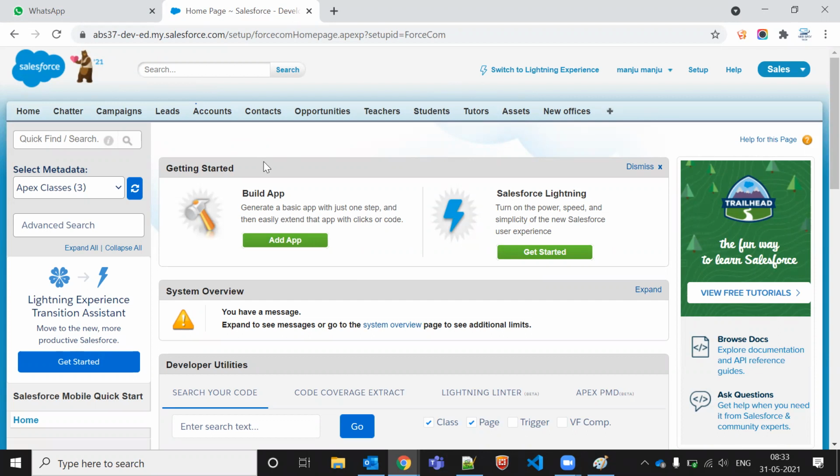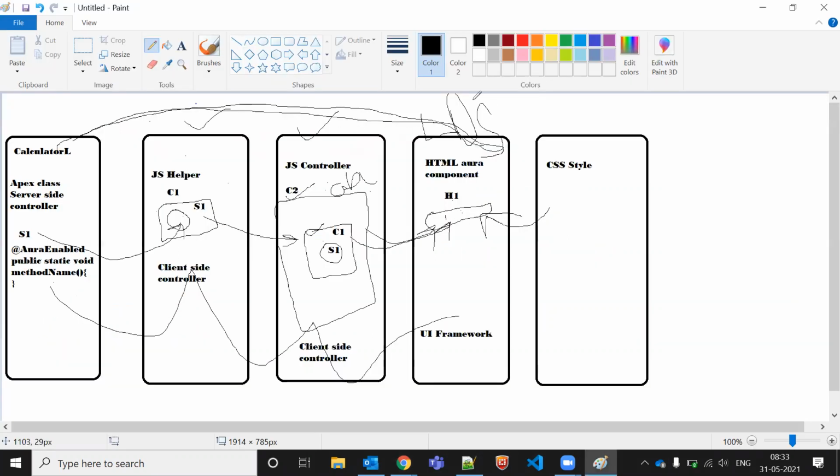Suppose I want to fetch the lead details. In that scenario, we use the Apex class. Apart from this, we have LDS as well, Lightning Data Service. In some scenarios with LDS, we don't need to use an Apex class. In LDS, we can directly use the data and do lots of things. It's like a standard controller, like in a Visualforce page we have a standard controller. This is also a standard controller.